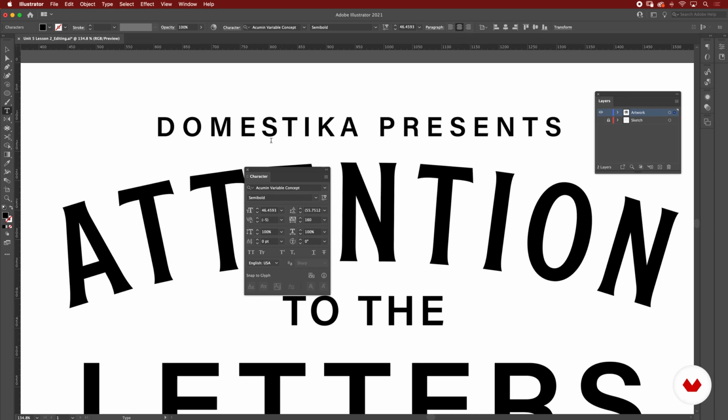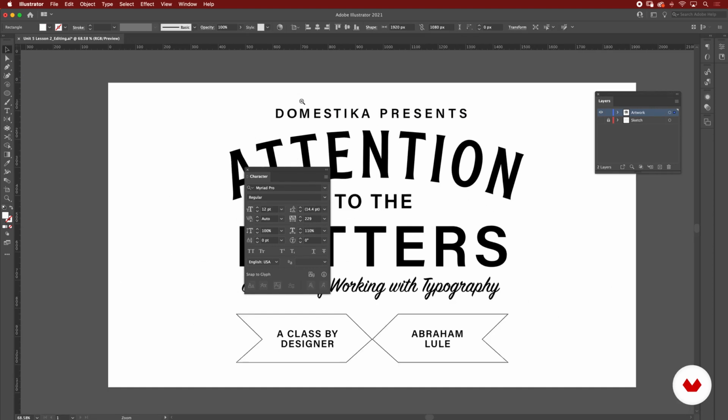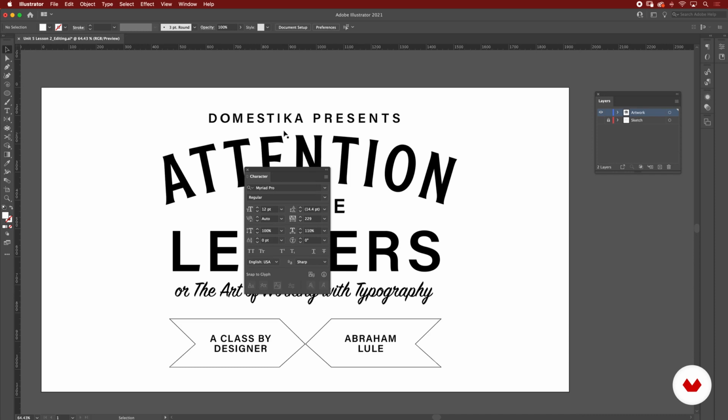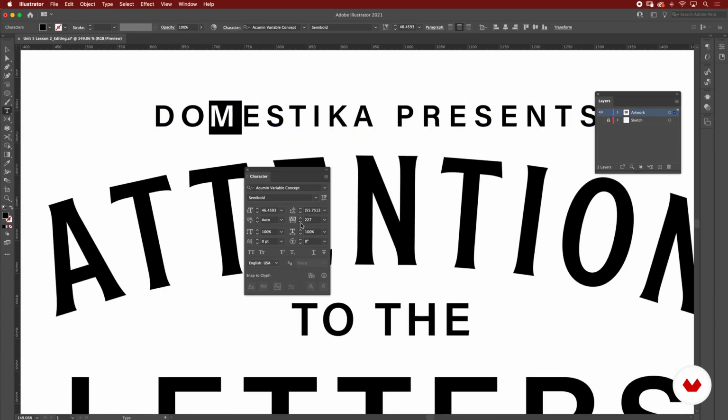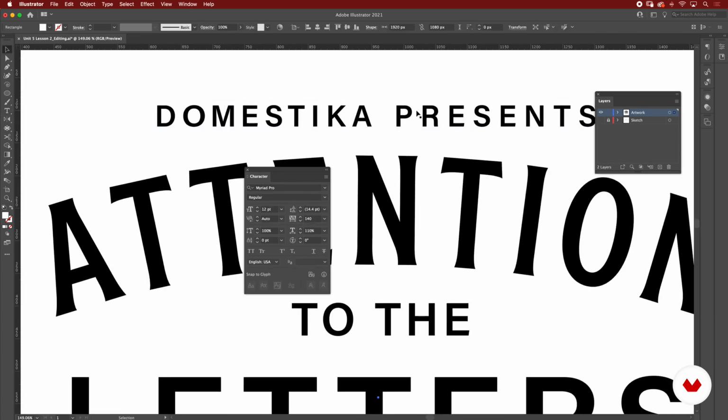Really what we're looking for is the spacing again between the three letters and then just one in the middle. You'll see that in this part is slightly tighter than that we have on DOM, so I'm going to adjust that too. We could just take the whole word and adjust the kerning in just one click, but that is really not the way to do it, because you'll notice that there is a difference, and that's really why we're studying in this class. Still not there yet.